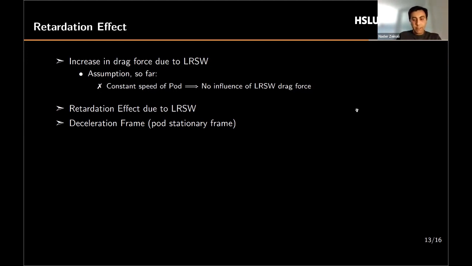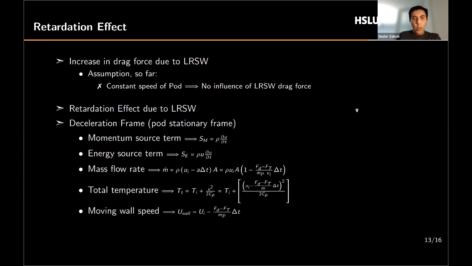In the pod stationary frame, we add a momentum and energy source term, specifically the terms that are being affected by acceleration and deceleration. And we also had to modify the parameters which are being affected as well. And here you see that the parameter Ft appears, which is the design thrust force, which leads us to different